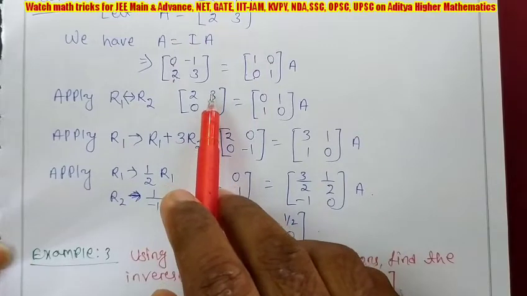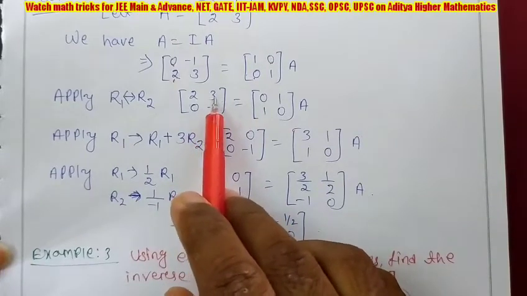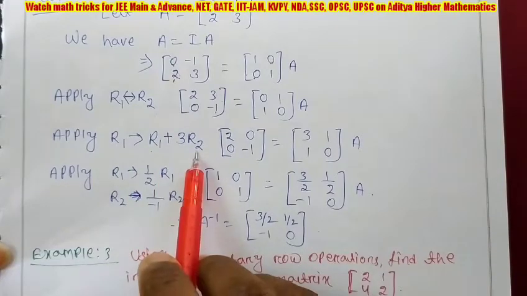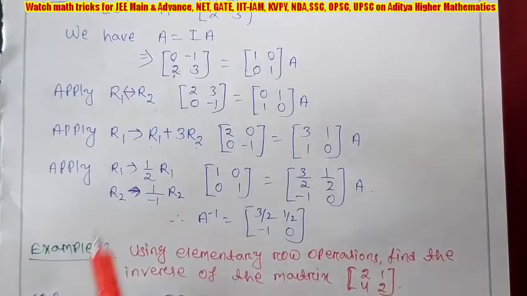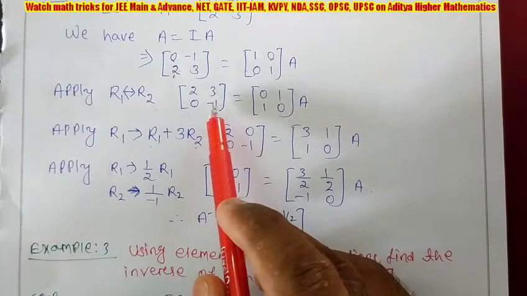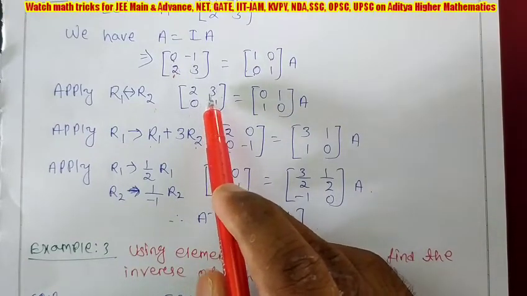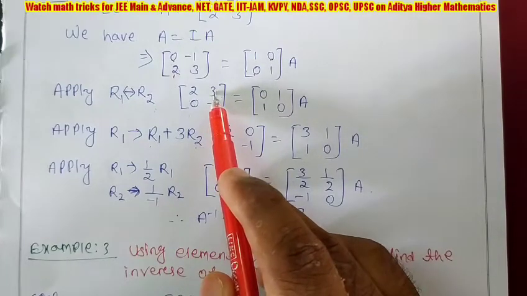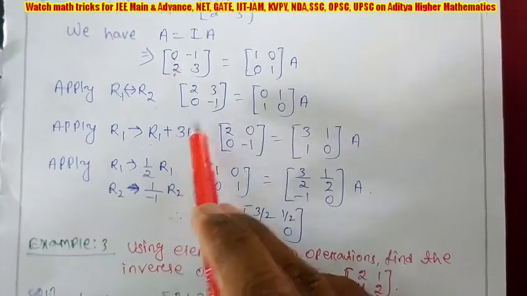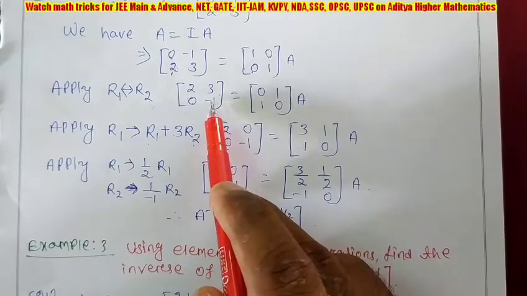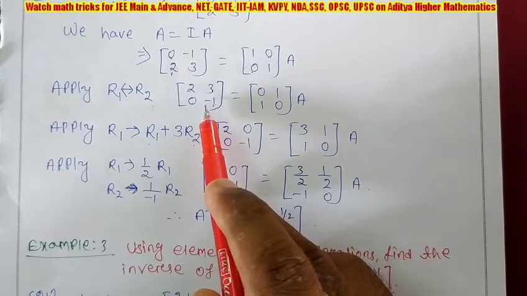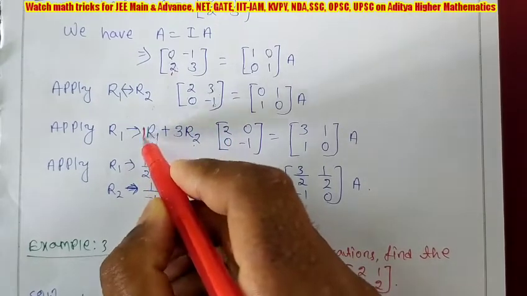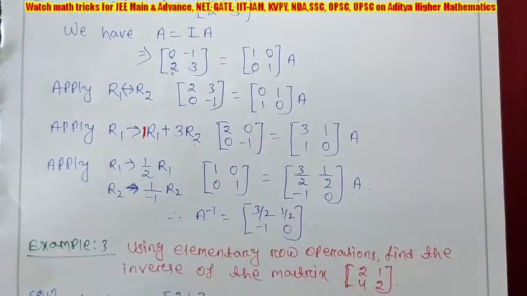Next, the target is to make this element 0. This element means it is R1. So write R1 and here write R1. Next write R2. Next I told you, you have to take only the numbers, not signs. One positive, negative sign given, but we need not take the sign. Only the numbers. That 3 in R1 you have to take in R2 as a coefficient. Once again I am repeating, no need to take the minus sign. Only you take the number 1 as the coefficient of R1. I am not writing 1, but 1 into R1 is R1 only.